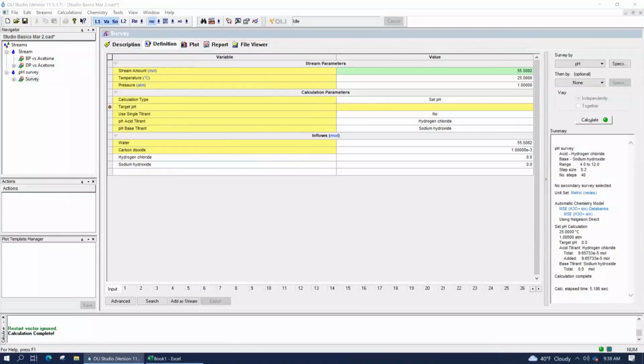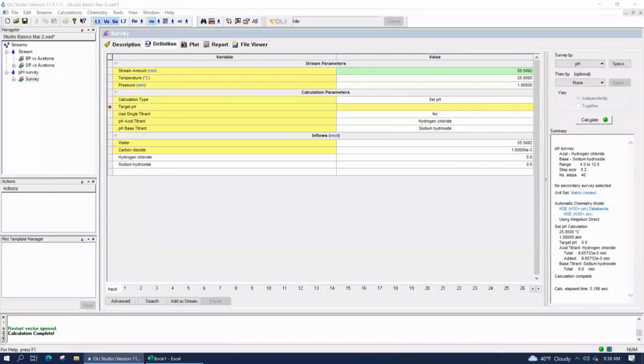What I want to do next is a different one. This one's actually quite practical. It's an evaporation survey. What we're going to do is create seawater and evaporate it. It's going to be like a kettle evaporation. But what that allows us to do is a couple of things. It helps me introduce to you what we call the object library. It also helps me introduce potential calculation failures that you can get,